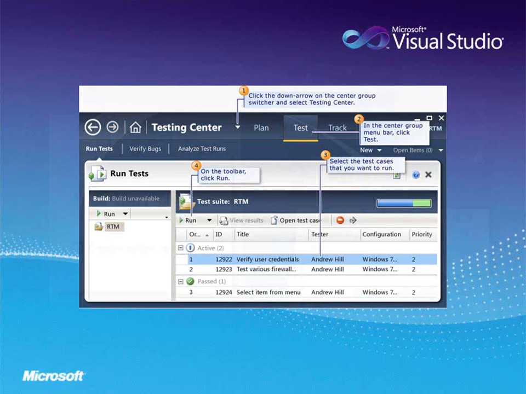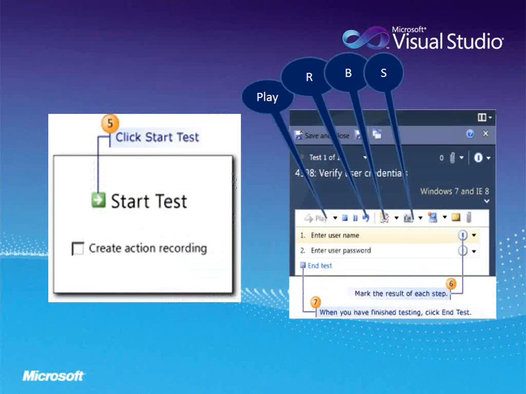You can see a start test button, and an option button called create action recording. When I select create action recording, whatever actions I perform, all those steps get recorded. Suppose I have a number of iterations, for example data driven testing.